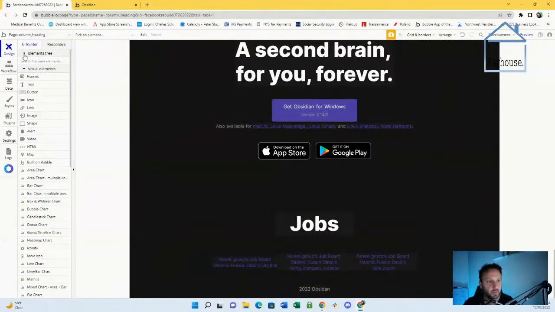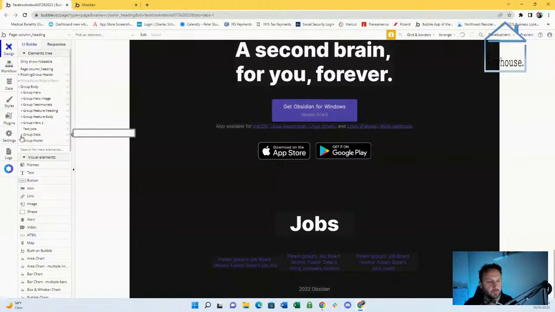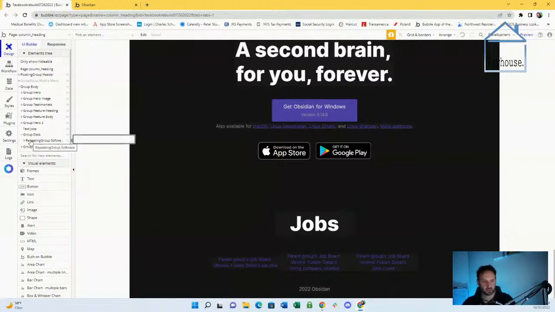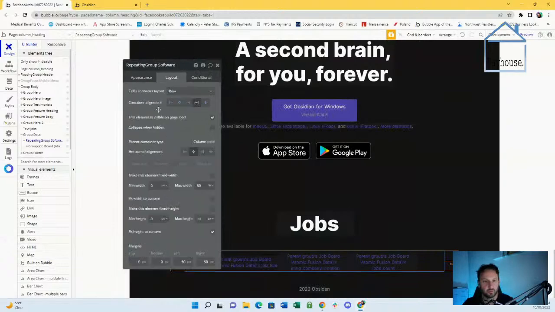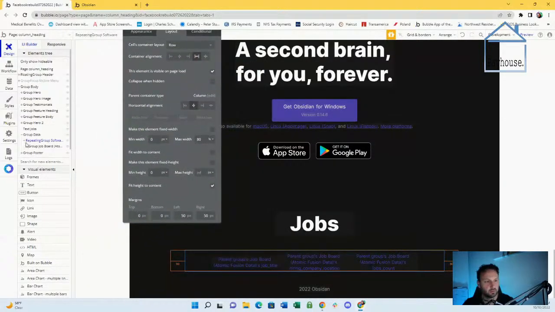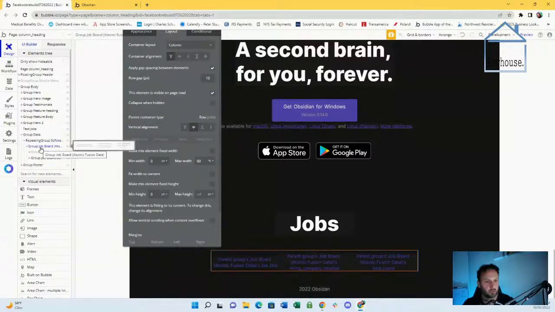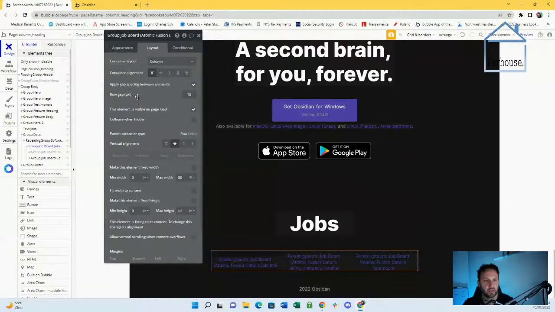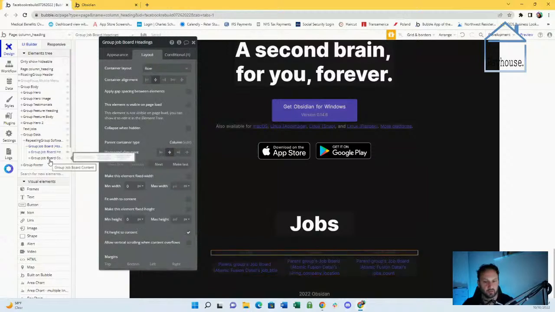Let's start in the element tree. I'm going to go to group body, and the container where this information is, under group data. And I've got a repeating group here. The repeating group itself, what is the layout? It's a row layout. And I've got a group inside that repeating group, group job board. And within that, that's a column layout. And then there's two